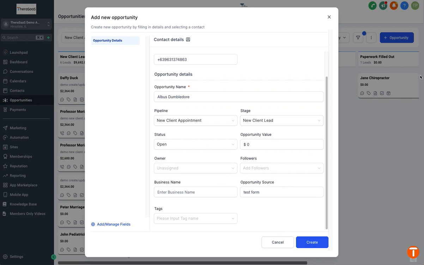You can also already assign which stage this opportunity will go to. If you want this opportunity to start at the new client lead, you can go ahead and do that. Or if you want to jump into a different stage right off the bat, that's totally fine. You can just choose which stage that opportunity will go to. You can also change which pipeline you want that opportunity to be added. Again, you can go ahead and just change which pipeline you want that opportunity to go to, or which stage of the pipeline you want them to be